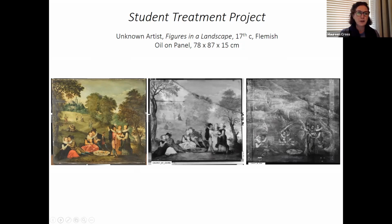I was just going to show you now 2 projects that are currently going on in the studio, and give you a kind of idea of some of the things that the students undertake. Our paintings come from the Courtauld Gallery. Aviva said earlier, we are the conservation department for the Courtauld Gallery, but we also have paintings from English Heritage, National Trust, lots of historic homes,